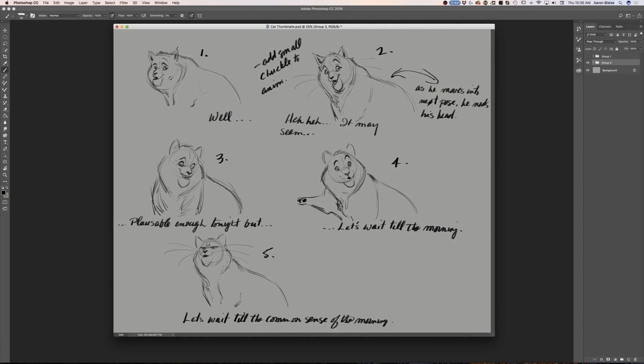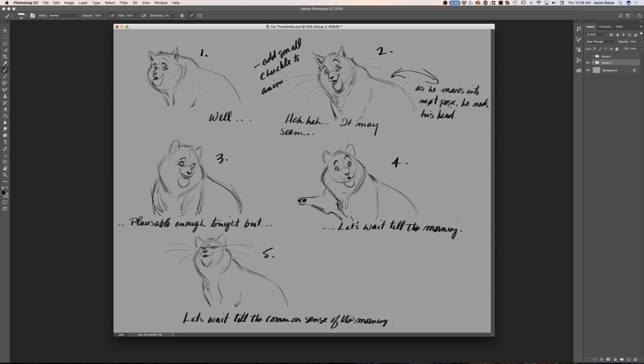So here we go. It starts out, he's looking over at the character off screen, and he says, well, and here you can see I said add a small chuckle to the animation. He goes, it may seem plausible enough tonight, but so he's going to go from here to here. So you can see there's a big change in this pose. He's turning to face the character he's talking to. And once again, you can see I did this little arrow to indicate that movement in the pose, and gave myself screen direction.